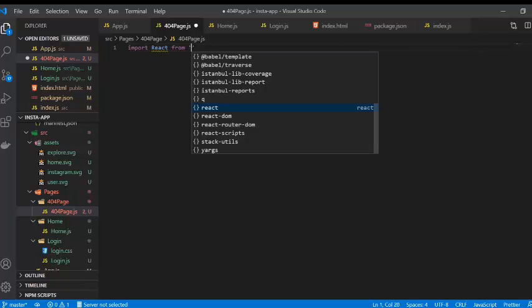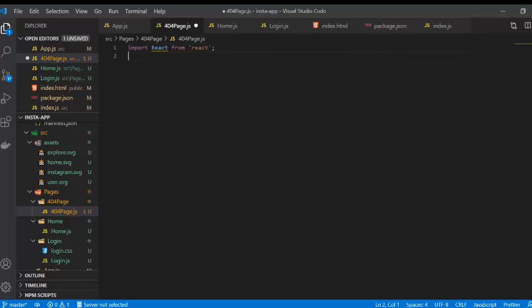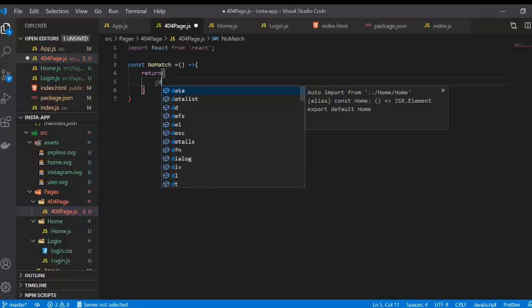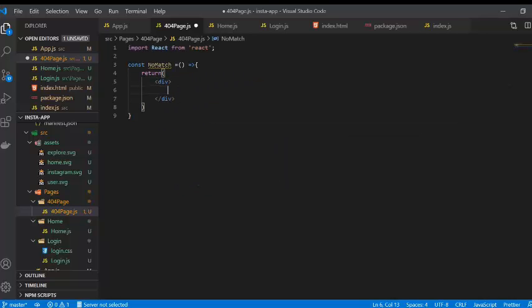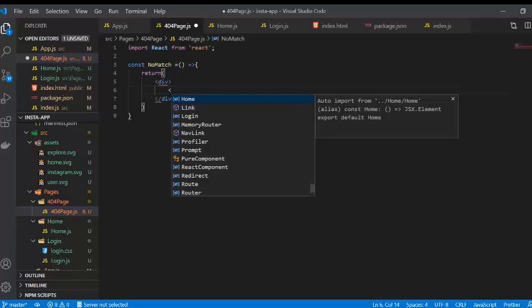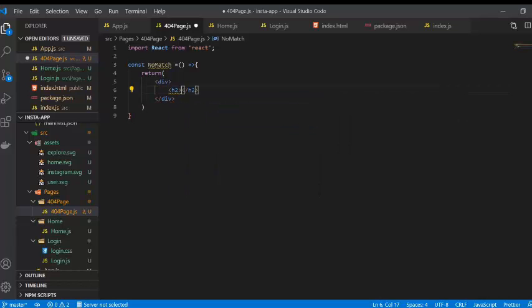React from React, and also use const, and the name of this function you can give anything. I'm going to give NoMatch, and in here for now I'm going to just return this div. In here I'm going to give an h2 tag, which says 404 page, and a p tag saying that redirecting